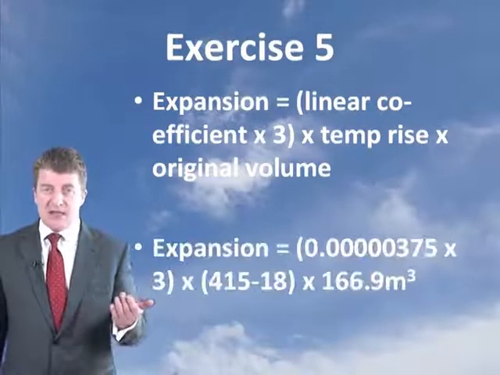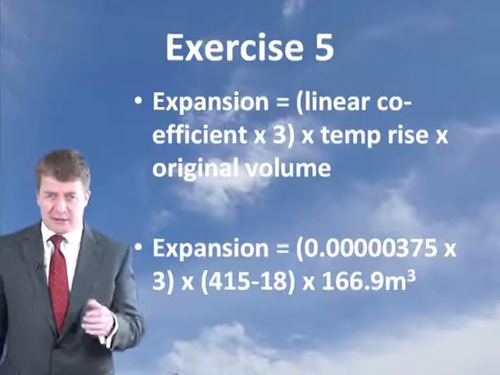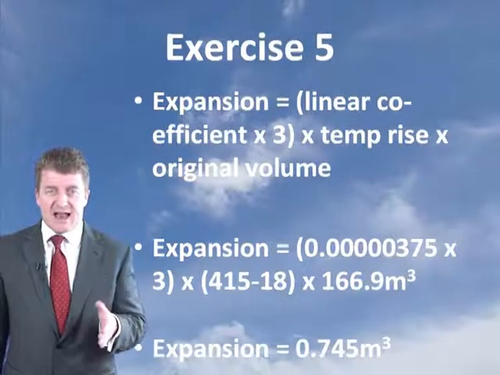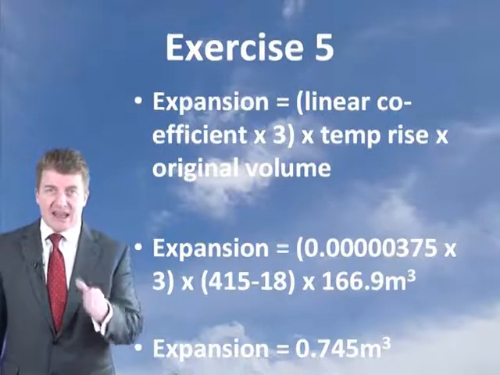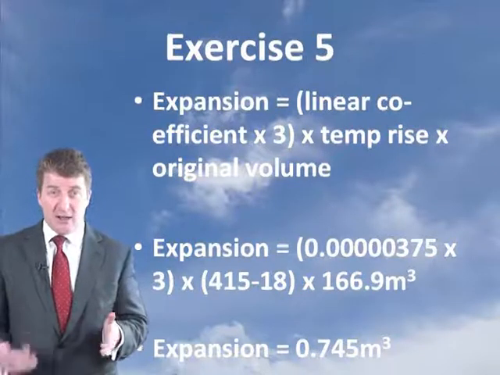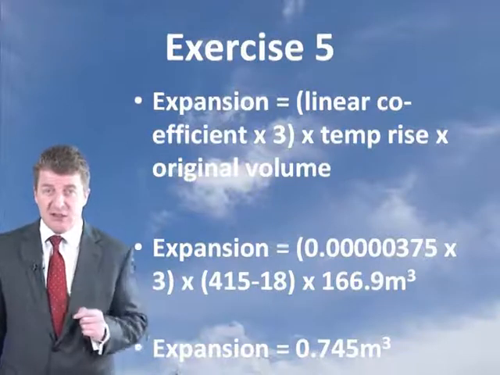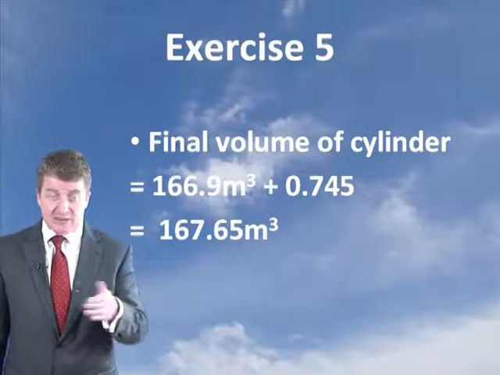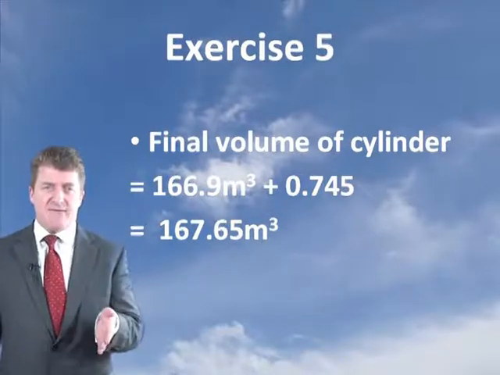original volume. Well, the expansion is, if you put these known variables in, you know these variables, you get the expansion at 0.745 metres cubed. So that is the expansion of the container. So the final volume of the cylinder is 166.9 plus that 0.7 is 167.65 metres cubed. That's how much the volume of the cylinder is. Now we know the final volume of the cylinder, we need to know the final volume of